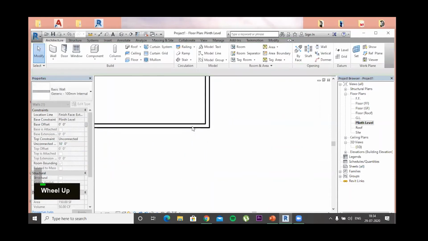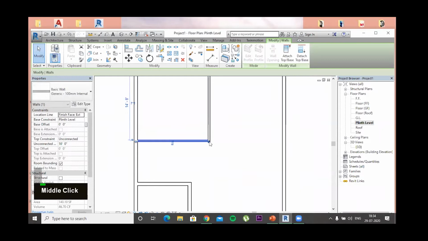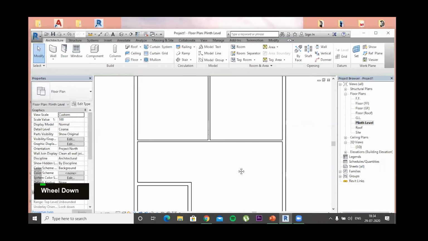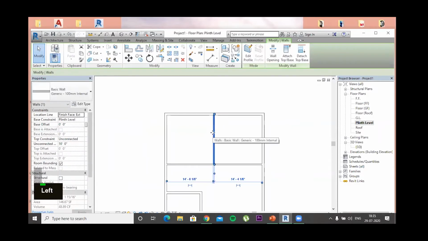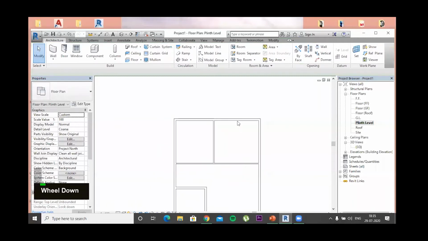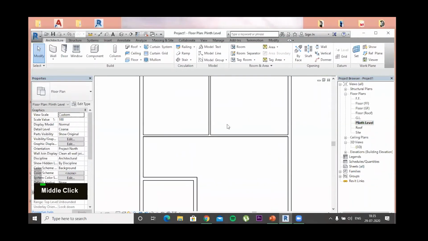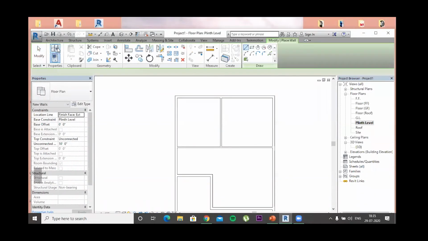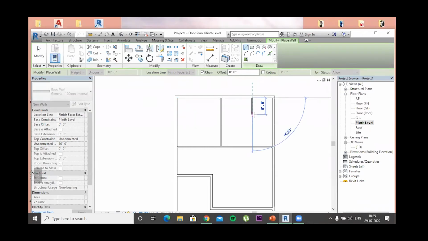Like this, you can even change the lengths of the walls which we have created. Extend this one to this end. This will be our kitchen. Let's make it a little big. Then we will create a wash area in the back side of the kitchen, around 6 feet wide.